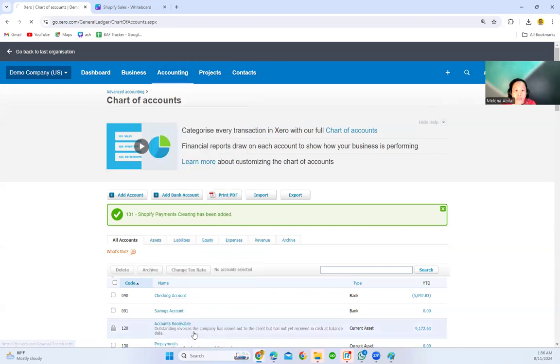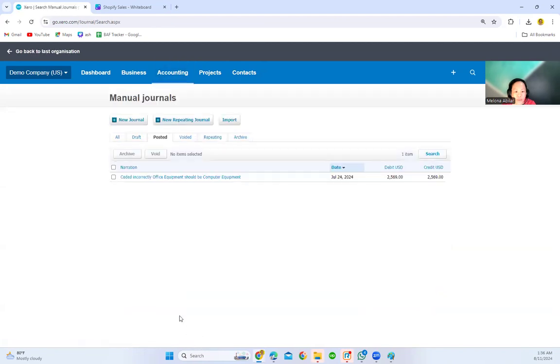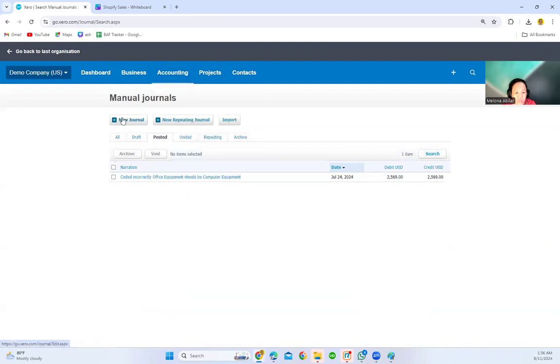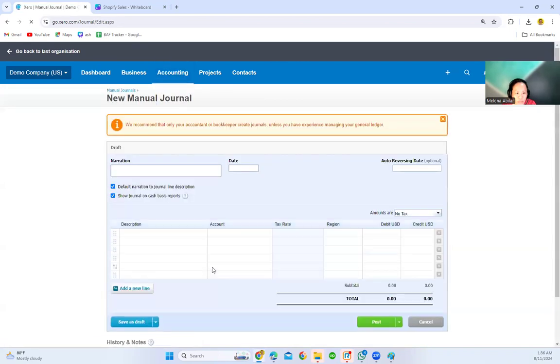Now let's go and post our new journal. Just go to accounting, then manual journals, and click new journal. There's an option for whether the journal will show on cash basis reports.